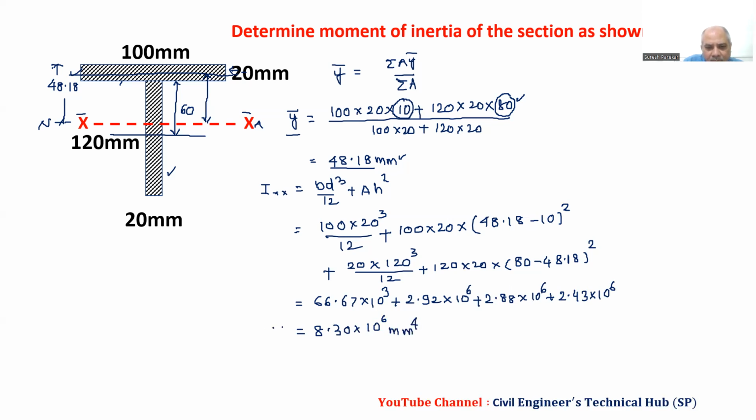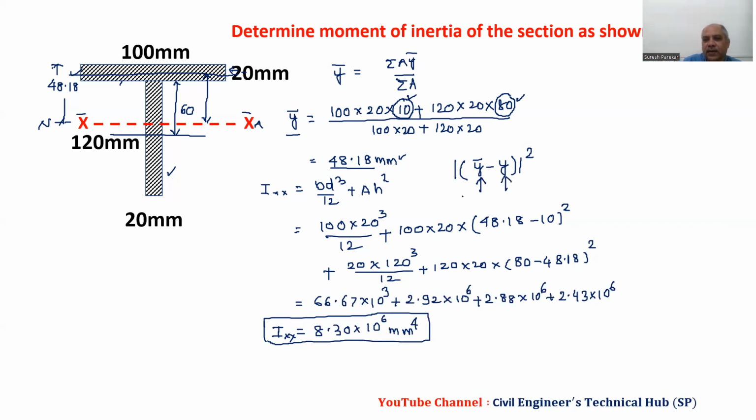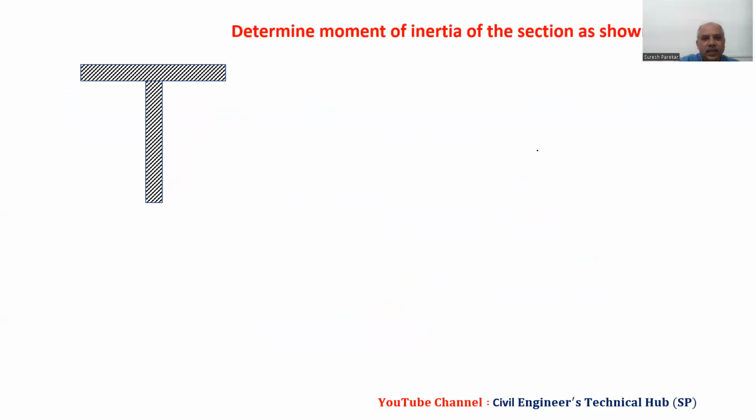So this will be my value of Ixx, that is the moment of inertia. So try to understand this. The h value, this h is y bar minus y. Now this y we have 10, if it is greater, or you can take the modulus, and the square of this. So we will get this value because this is the distance between the centroid of the whole section and the centroid of the individual section. We have the distance between the two, so it is always positive, and the square of this. Then I will go to this